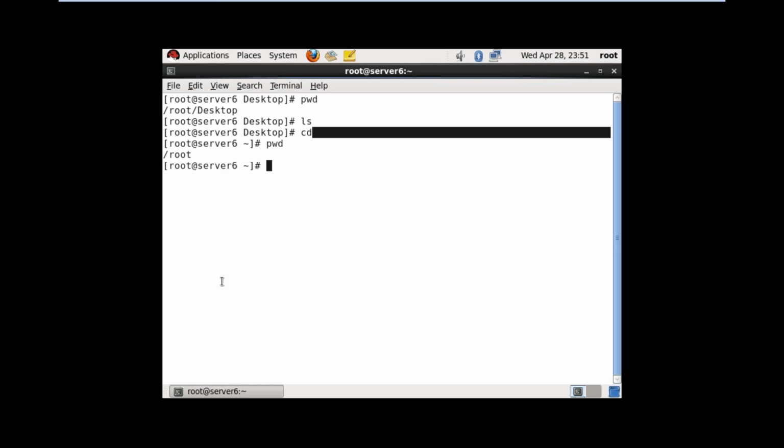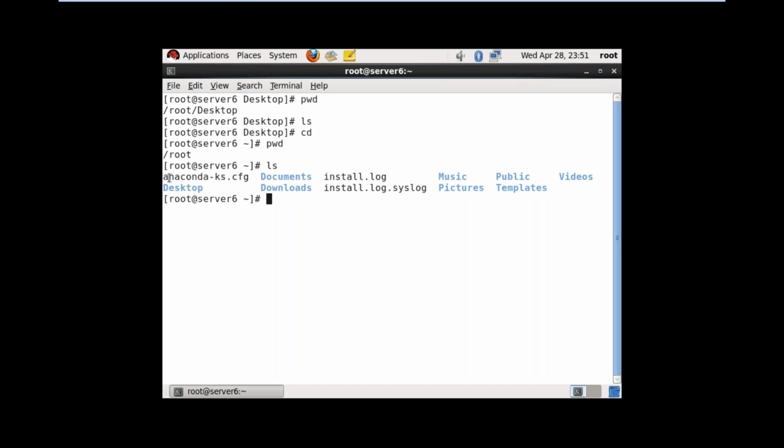Now I want to check what files and directories are here. ls, same command, ls command. Now see, black color are files, blue color are directories. How do you differentiate the files and directories? We are going to see. There are some commands, but initially, whenever you are working with Linux, black color are files, blue color are directories.